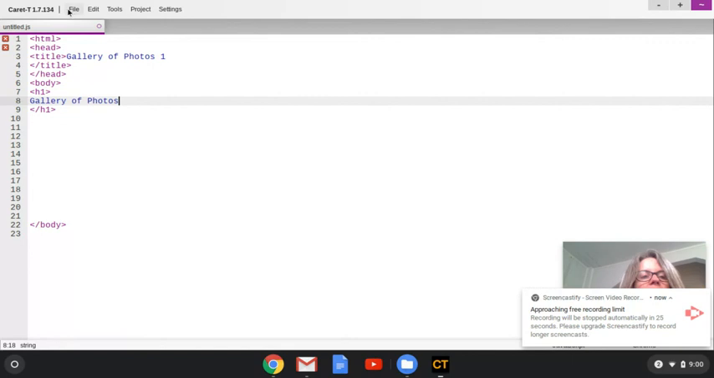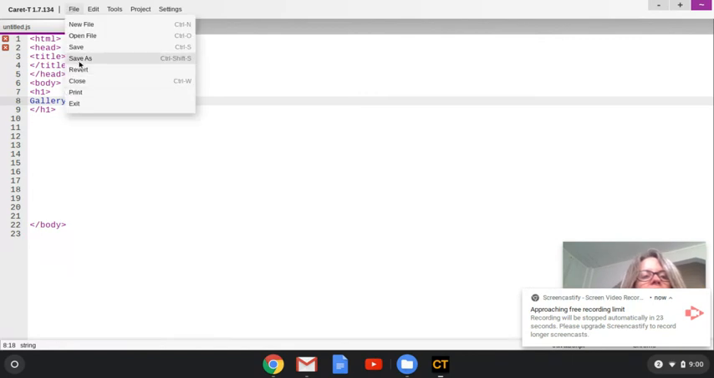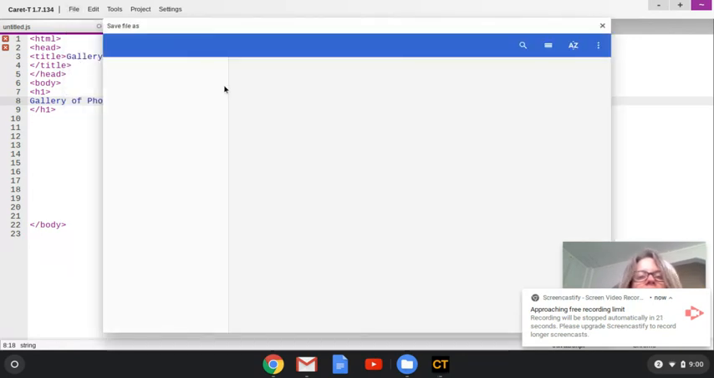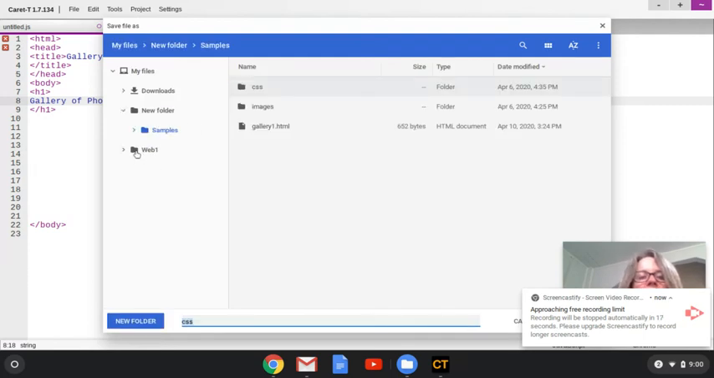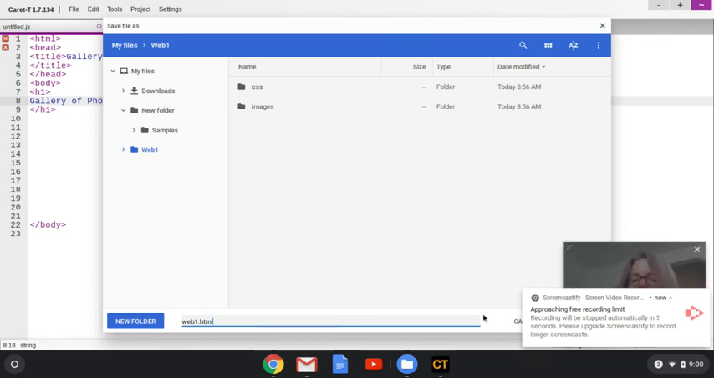We're just going to go in and go to File and go to Save As, and we're going to choose where we're going to put this. So we're going to put it in Web 1. We're going to change this name to web1, all lowercase, no spaces, .html. And we're just going